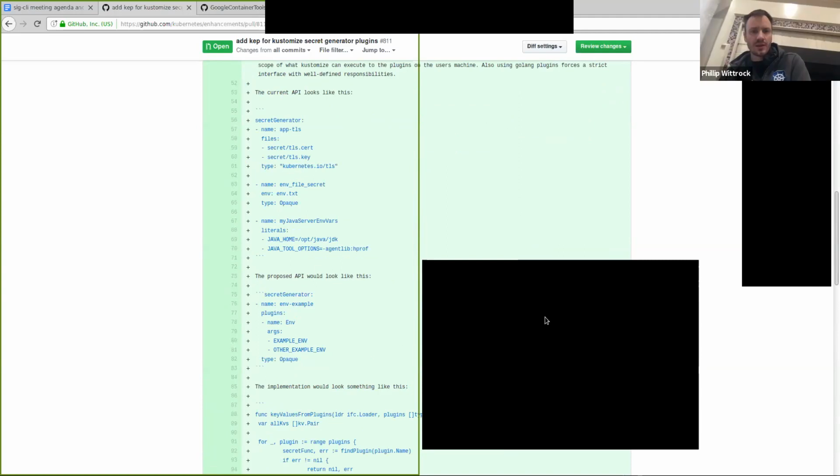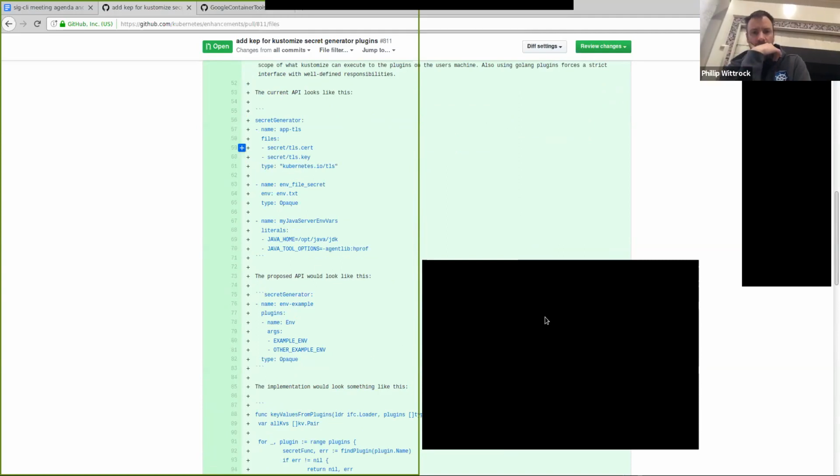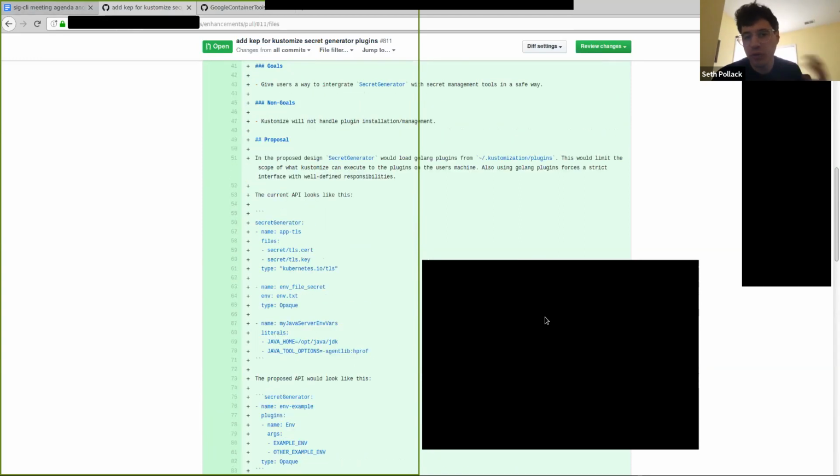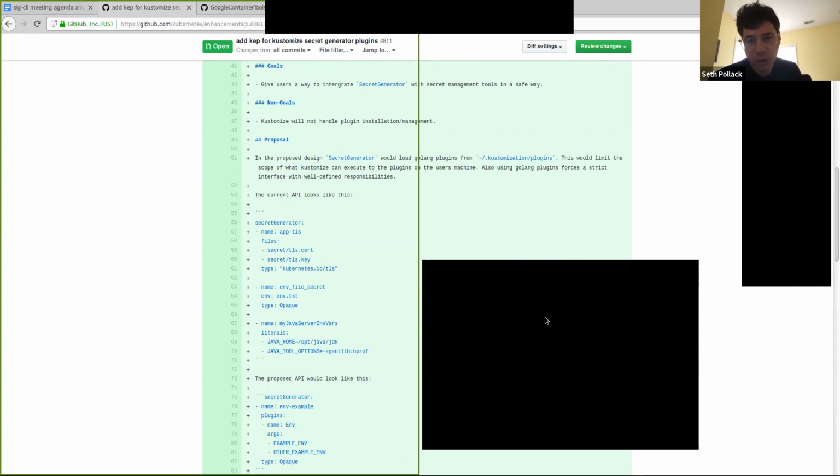Seth, any final thoughts before we move on? If I'm going to implement this, do we move forward with Go plugins, or should I do the kubectl model? Can you spend some time and try to figure out what is the current state of Go plugins on Windows? What is basically the Go plugin state? Eventually, if there are some plans for the future,